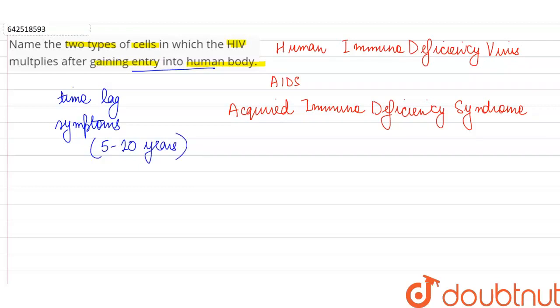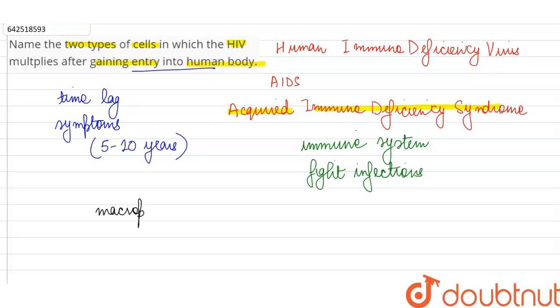Now what this HIV does, as the name of the disease suggests, it is acquired immunodeficiency syndrome. This is going to make the person immunodeficient or destroy our immune system. We all know immune system is there to fight infections in our body. And what this virus does is, first of all, when it enters into our body, it is going to attack